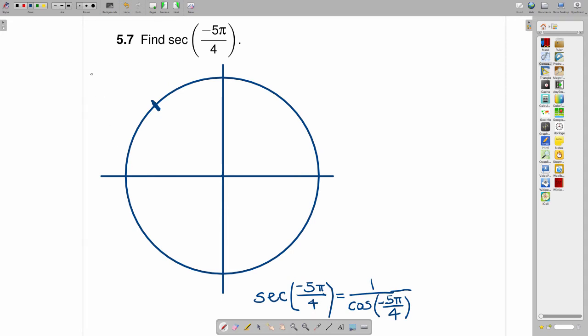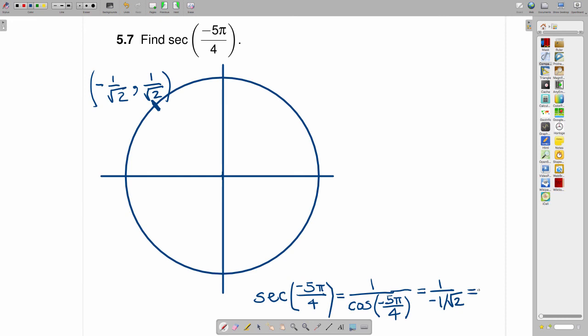We want to figure out what the cosine and sine are here in this case. You go negative 1 over the square root of 2 and then positive 1 over the square root of 2. The first is the cosine of negative 5 pi over 4. The second is the sine of negative 5 pi over 4. We want the cosine of negative 5 pi over 4, so we want to put a negative 1 over the square root of 2